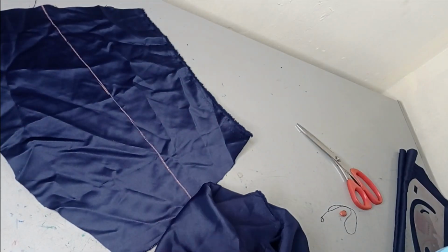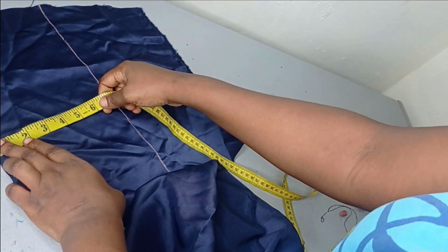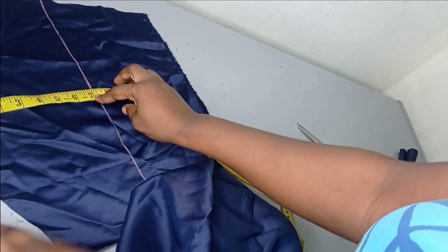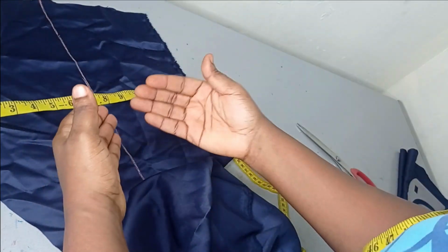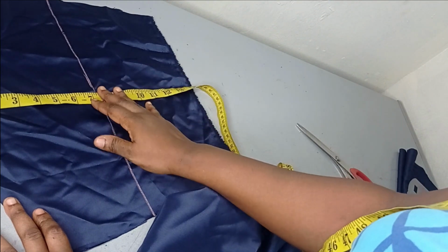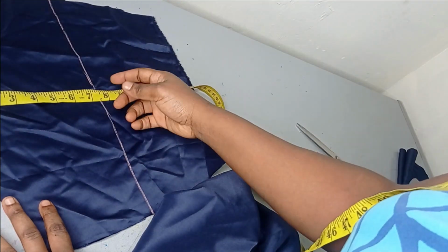So the length of my flare now, how you can determine the length of your flare is you can just measure what you have here. Remember the flare goes here, so I have around 7.5 here. So if you have 7 inches there, you can add maybe 5 inches to it so that you can have a really bouncy effect, or you can just double what you have there if you have enough fabric. So like I have 7.5 here now. So if I double that, I'll have